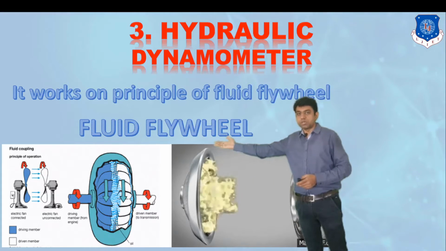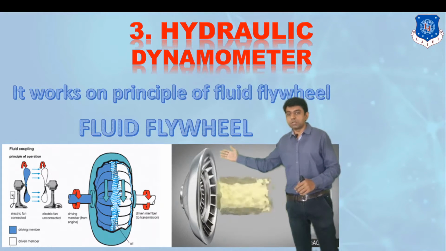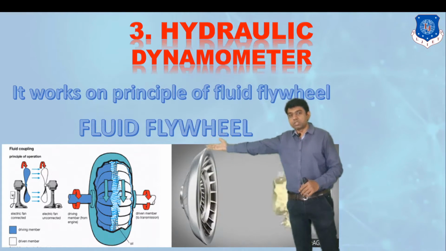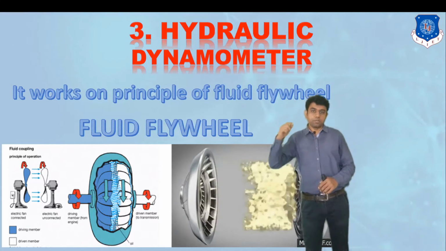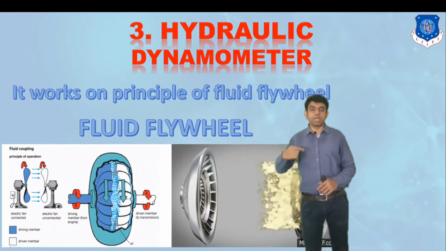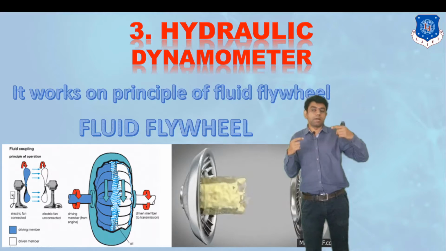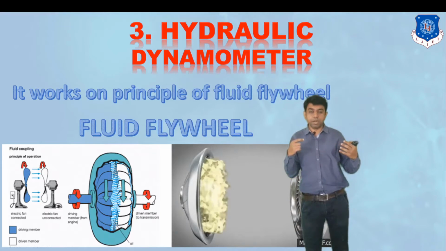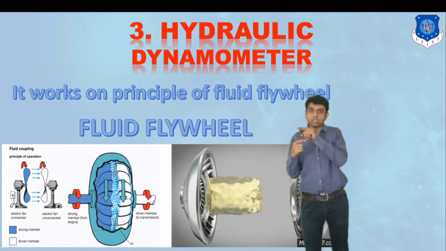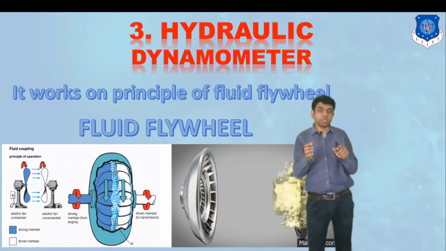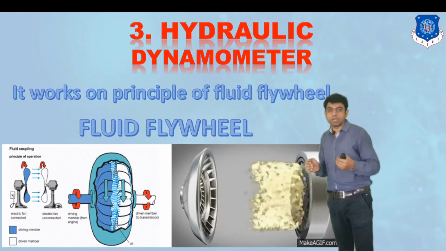Have a look at these two fans. Suppose you have two table fans. One is attached to the electrical supply, but the other is not. Once the fan attached to the electrical supply starts rotating, it will try to rotate the nearby fan which is not even connected to the power supply. So that fan will also start rotating. Why is it rotating? Because of the motion of the air particles. Whenever the fluid is in motion, it will try to transmit this energy.